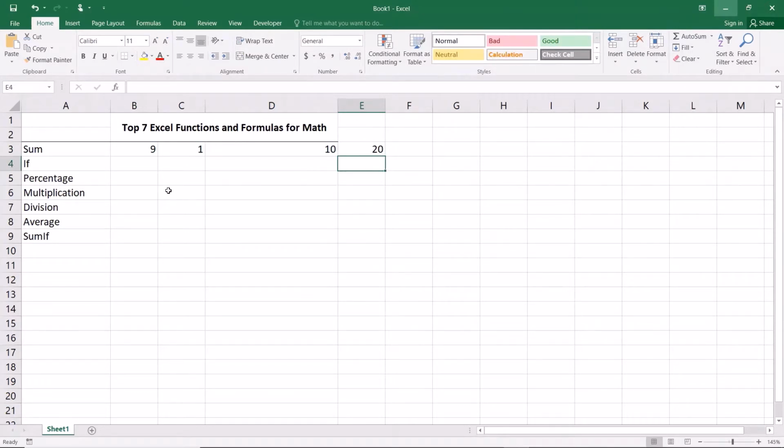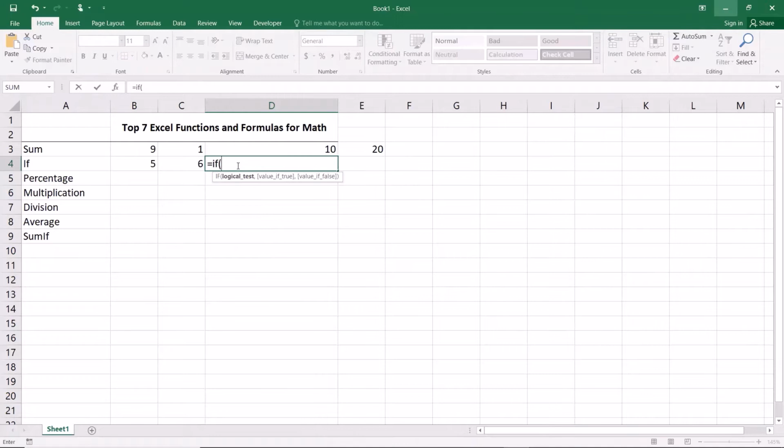It's really helpful. The next one I'm going to use is the if function. So it's an if statement. It's really handy when you want to compare 2 things. So let's say I have a number here. Let's say I have 5 and 6. And I want the output to check which one of these numbers is greater. Is it 5 or is it 6? So this is how we're going to accomplish this. Equals if, and this is the logical test. So I want to say if 6, aka C4, is greater than this one, B4, I want to output